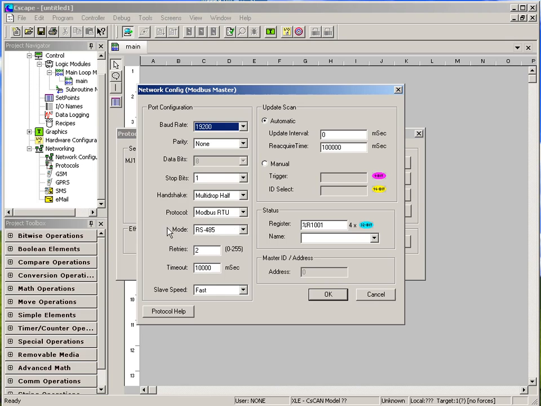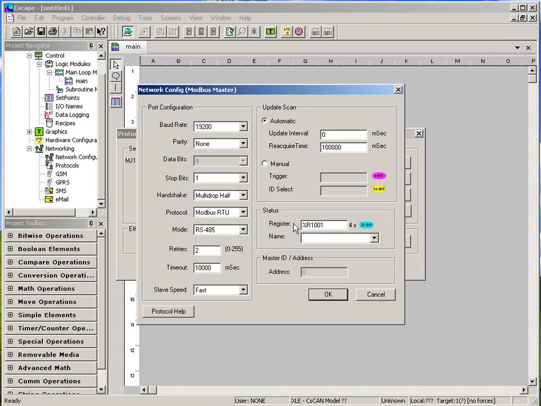Again, you also have to refer to the documentation. Is it RS-485, RS-232? And this multi-drop half or multi-drop full in RS-485 mode determines is it 4-wire or 2-wire. So multi-drop half is 2-wire. We'll leave all these settings in their defaults to start with, and the only thing I put in here is